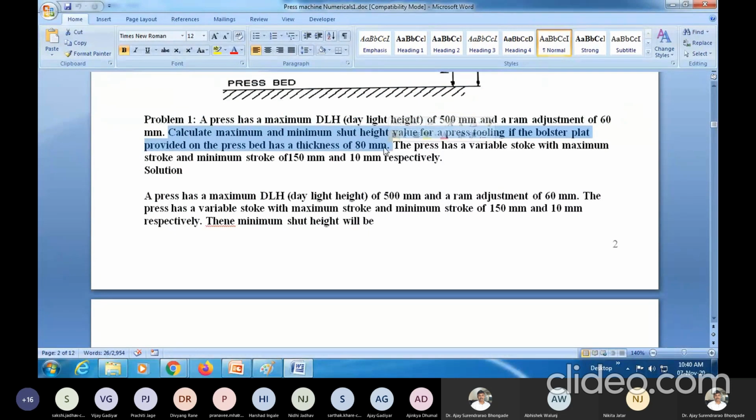So we have to deduct it later on. The press has a variable stroke with maximum stroke and minimum stroke as 150 and 10 mm. So what does it mean? Stroke is given as 2 times radius, and so it means that the R1 and R2